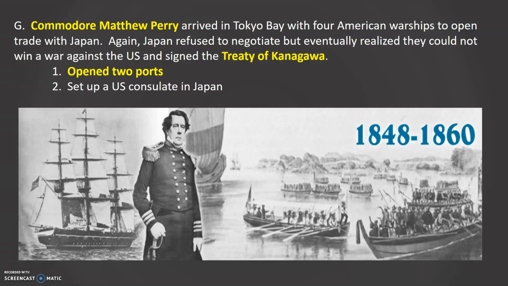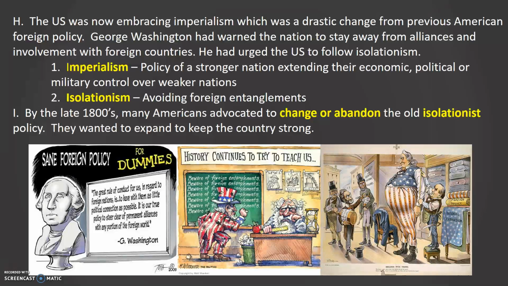Japan is going to be forced to negotiate with the United States, and eventually does have to open up inside the Treaty of Tanganyika, which basically is going to open 2 ports up to the U.S. for trading, and the United States is going to be able to send a consulate or a representative ambassador basically to Japan so they can start to negotiate business deals.